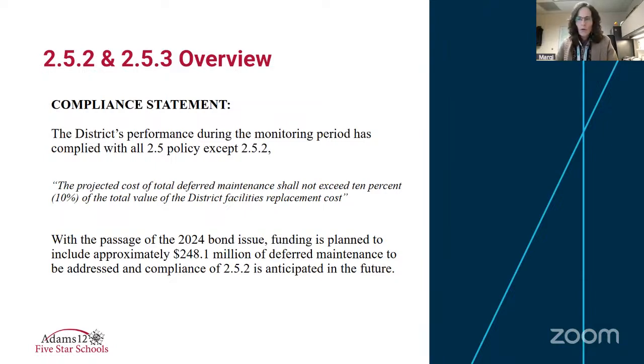Michael, looks like you have a question. Yeah, just to understand that. So is it that it's using different assumptions about useful lives or cost estimates? Because I think what I heard you say is we're capturing more data. Does that mean that there are assets that are not being captured today that will be captured in the future, and that's why the costs go up? Why does the percentage change?